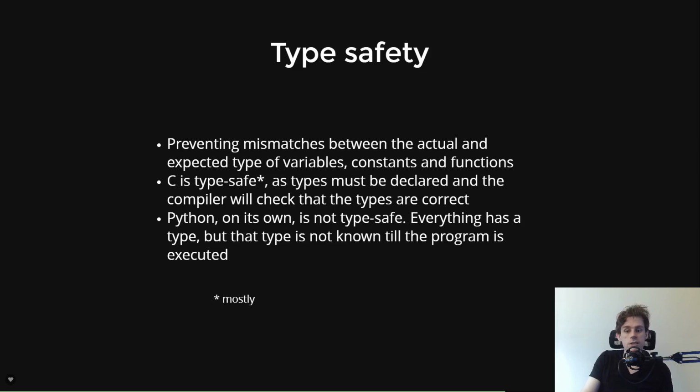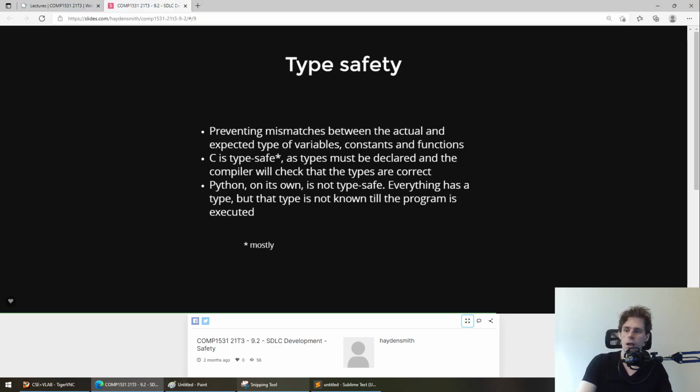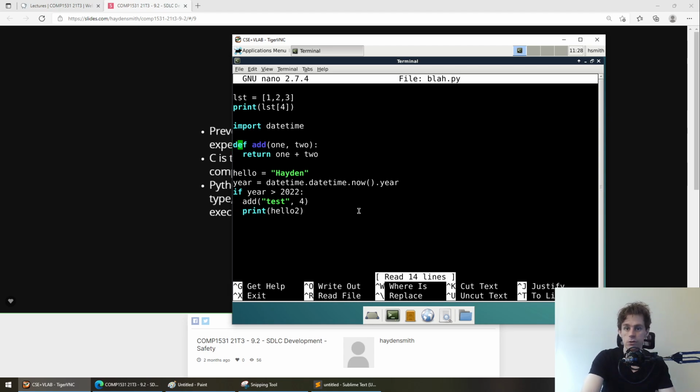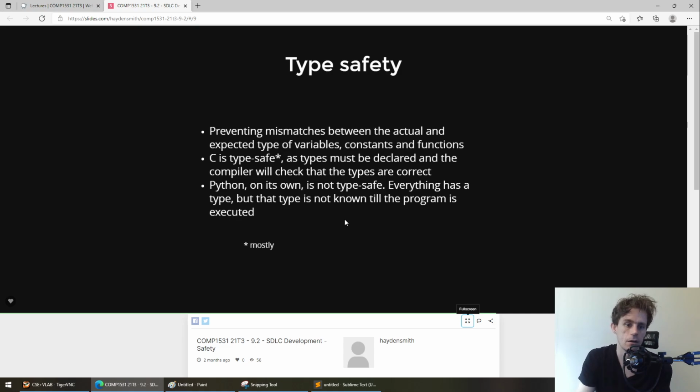The downside of that, though, is you're eventually going to make a mistake, like what we did in our blah.py file, where we actually made a function called add that took in 2 things, and we gave it 2 things, but what it expected to get was not what it actually got. So types aren't just about allowing the computer to run your program in terms of memory, they're also about trying to make sure that you are using your software correctly. In a lot of ways, type safety is probably the biggest topic around software safety because it prevents so much accidental misuse at runtime, it's not even funny.